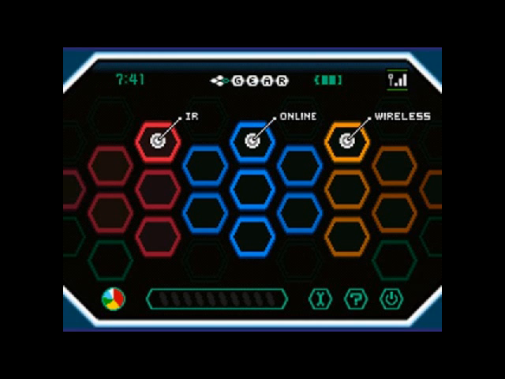Alright, so looking at your C-Gear on the bottom screen of your game, this is basically what it's going to look like in general. Obviously you have your Wi-Fi. It shows that your Wi-Fi signal is working up in the top right corner. You have IR on the far left side, in the middle you have online, and then on the right side you have wireless. Now IR is basically your passing. Whenever you're passing someone, that's your feelings checks, those are your surveys, I do believe, and that's